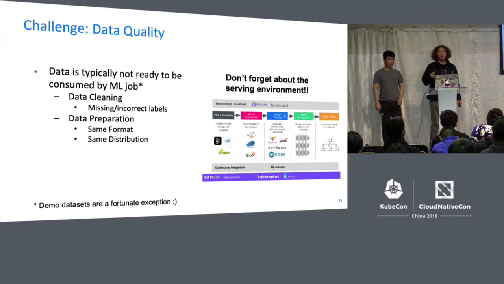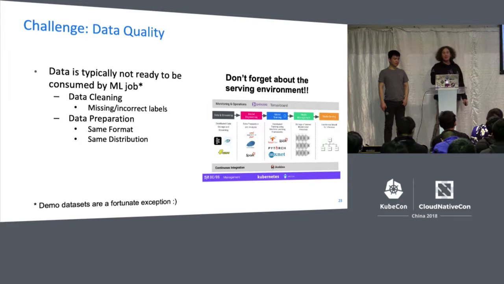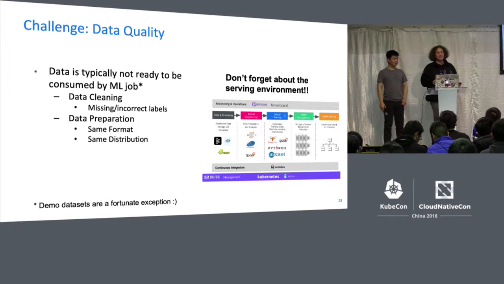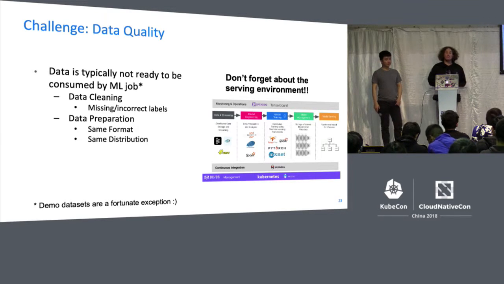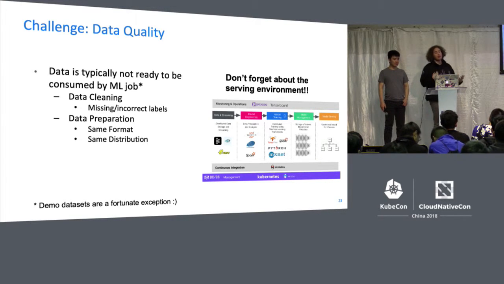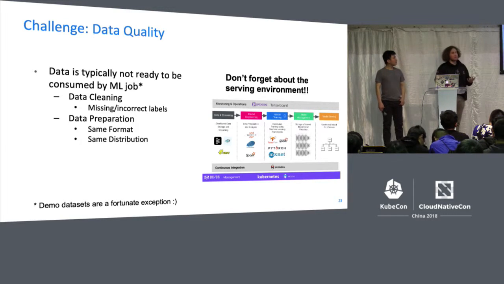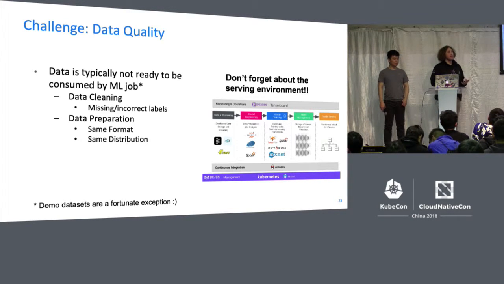I suppose everyone who has started with TensorFlow has probably done this MNIST example, right? I download a pre-cleaned data set, I go in there, and I can directly train my model. But in reality, unfortunately, this is not the case. So demo data sets are a fortunate exception here. Typically, I spend a large amount of my time as a data scientist preparing my data quality. And the promise of deep learning, especially, is that everything is derived from the data itself.